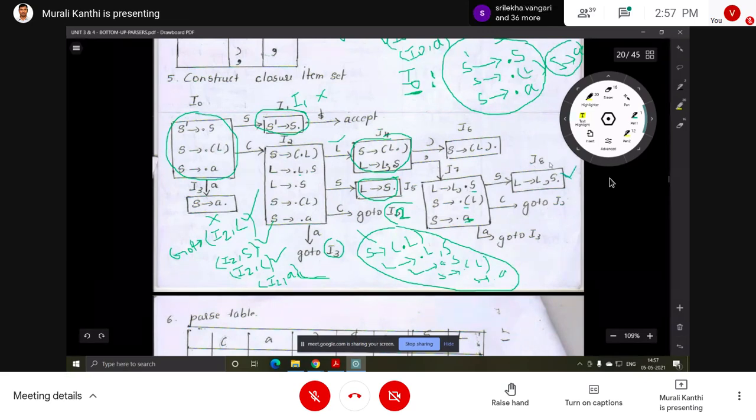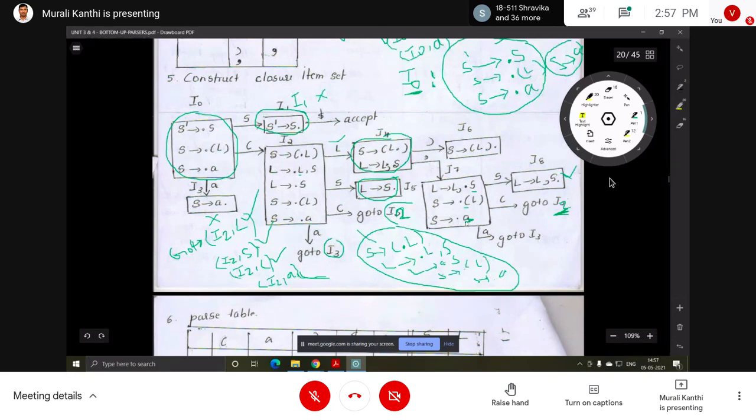Give a new name, I8. With open parenthesis, dot L, we'll get the same thing, go to I2, not I3, I2.